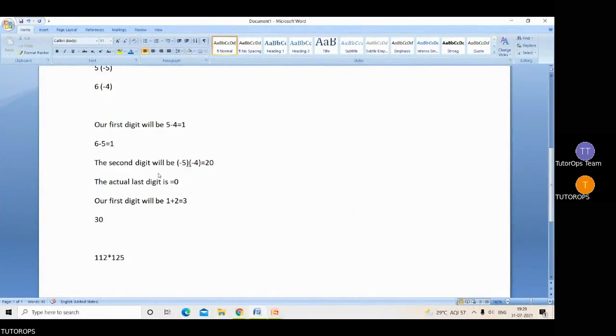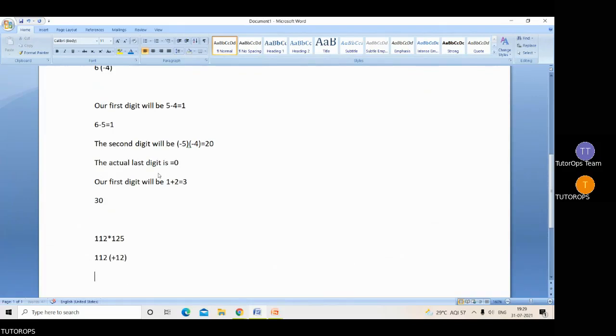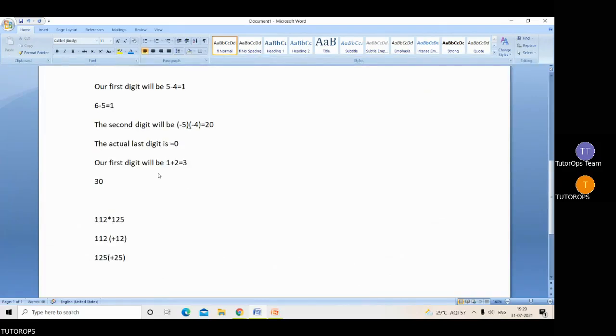Now what is 112? That is plus 12 for 100 base, because I am taking the base as 100 here. Now similarly 125 will be plus 25. Now what we need to do for the first part, we need to cross add. Remember here we won't do the cross subtraction. We will do cross addition here. So by cross addition,